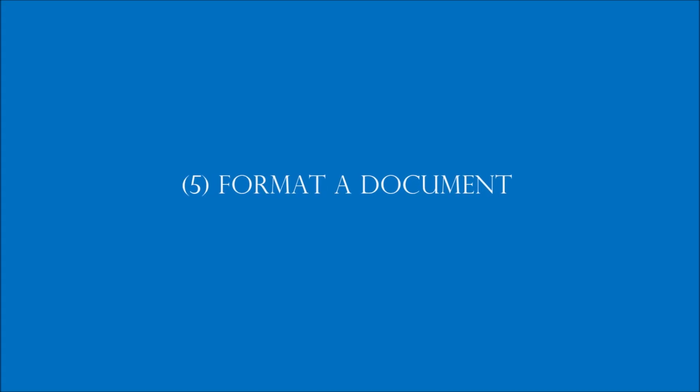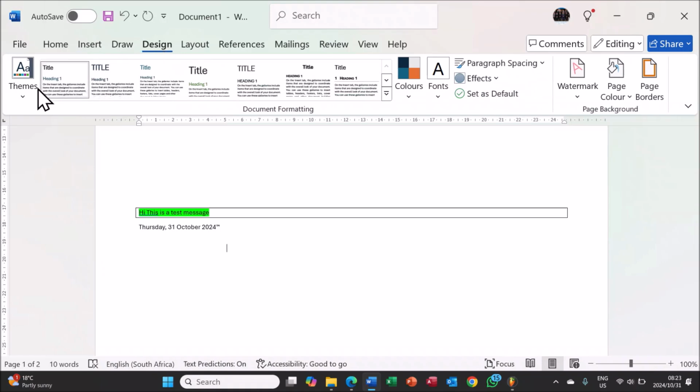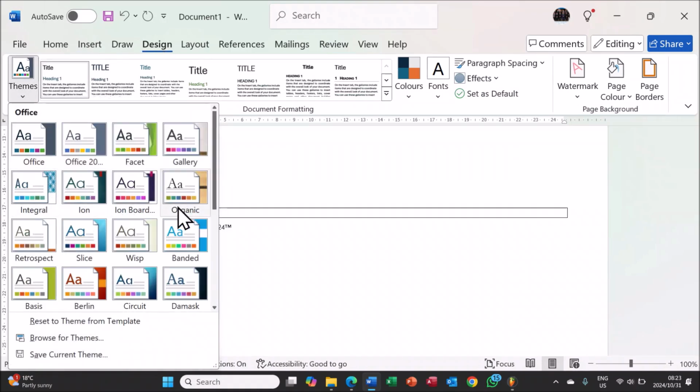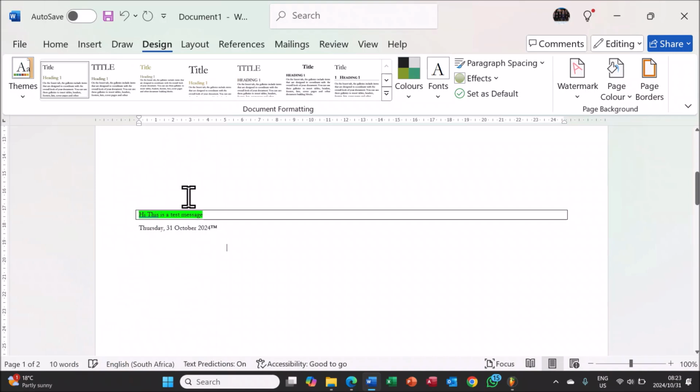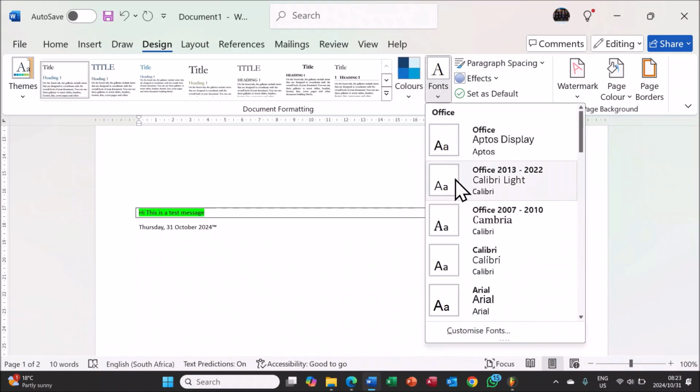Format a document. To format your document using a template or style, you can go to Design, and here you can choose a theme, such as organic, for example, and it will change the text style. You can also change the colors, the fonts,